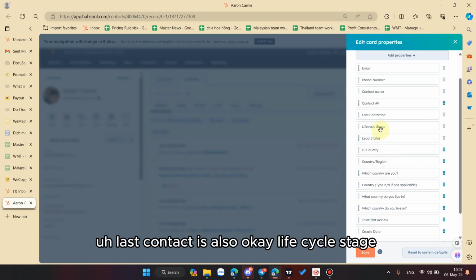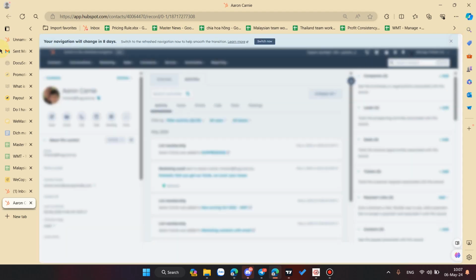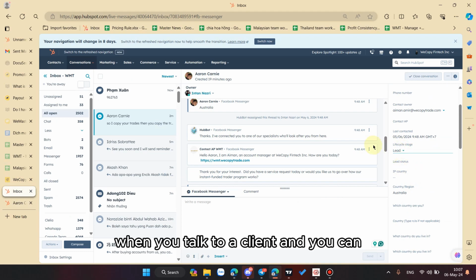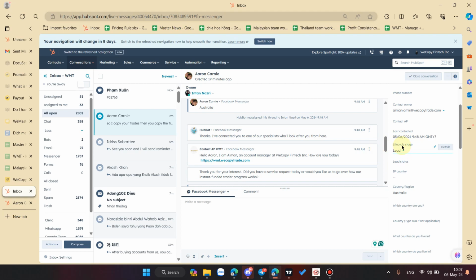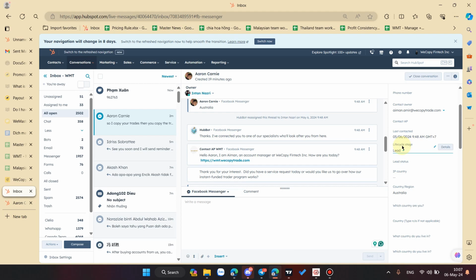Life cycle stage is very important. When you talk to a client and you know what type of client they are, like they are interested in learning how to trade and they don't have experience, you can put them into the learning category.